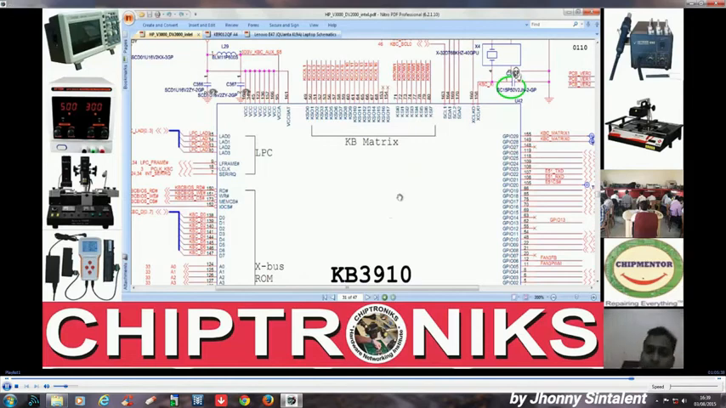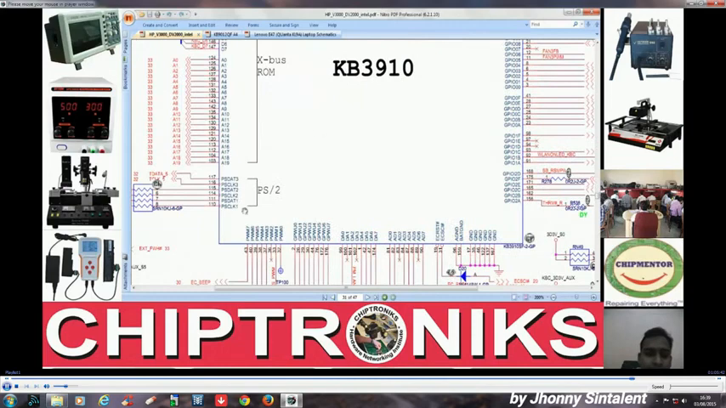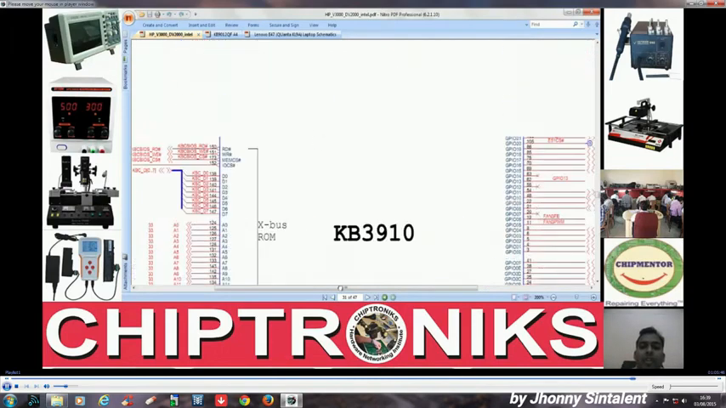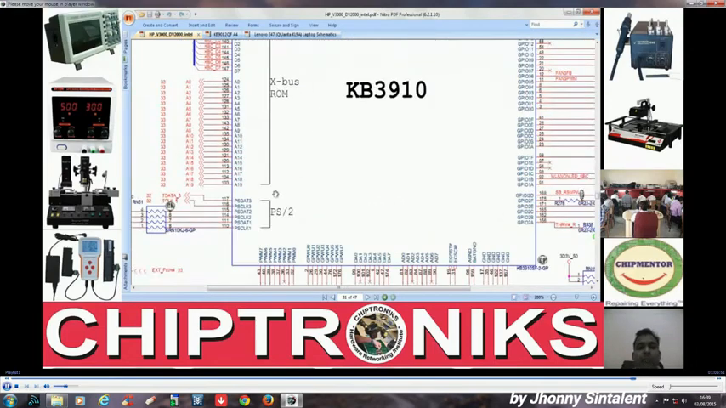Because an IO controller has a PS2 interface, right? It has a PS2 interface. A desktop keyboard will have no such pins. So a desktop keyboard is connected to the IO controller via this PS2 interface. So those two data, scan in and scan out, are transferred to the IO controller